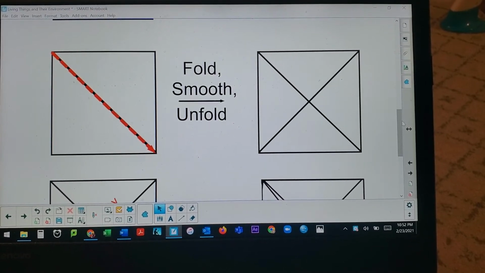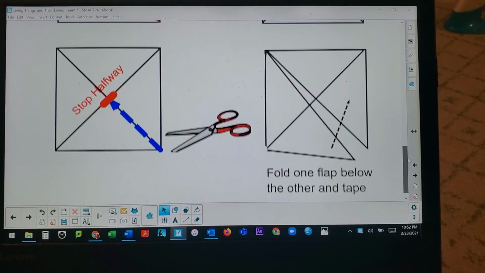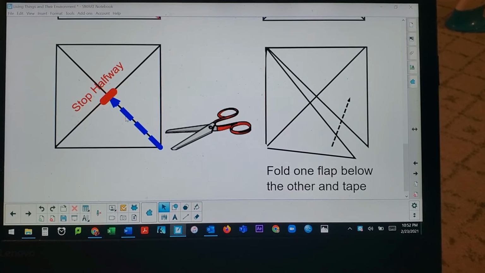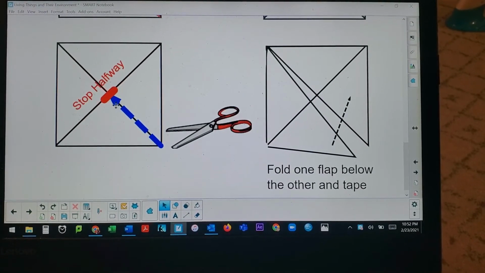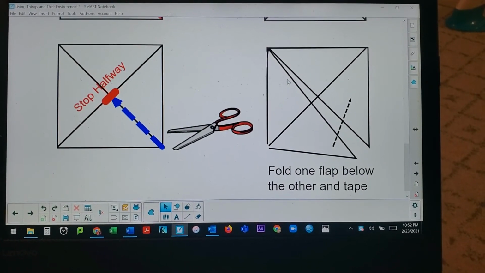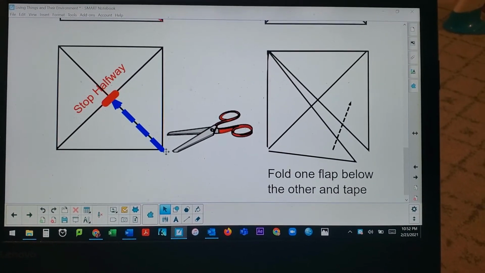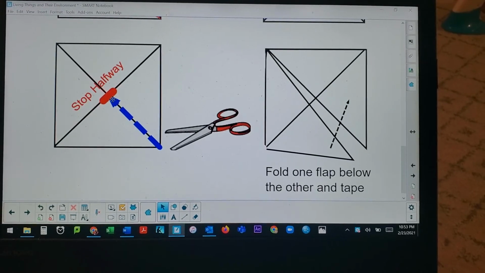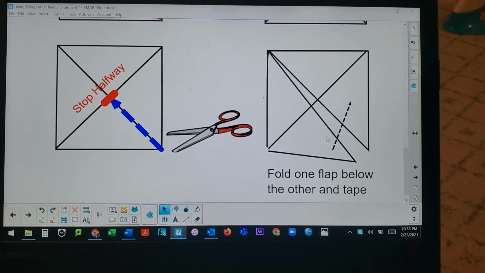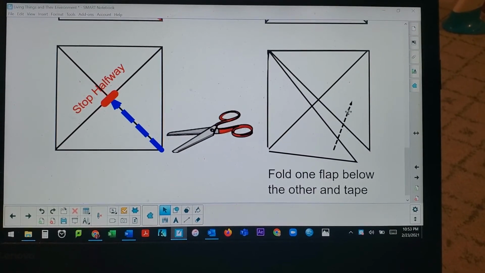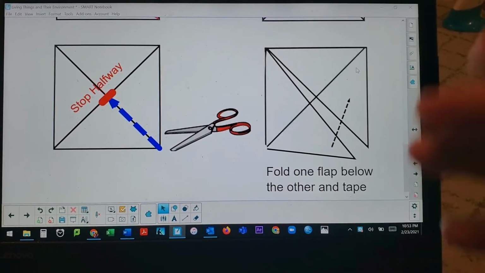Next task, you're going to take this and you're going to cut it. You're going to stop halfway. You're just going to cut along this one little line right here. I don't think I did a good job showing how this should look on here, so I apologize for that. But look, you should only go halfway, okay? And when you do, it'll make a little flap down here. And then you just take this little end here and you pull it underneath, and it should kind of stand